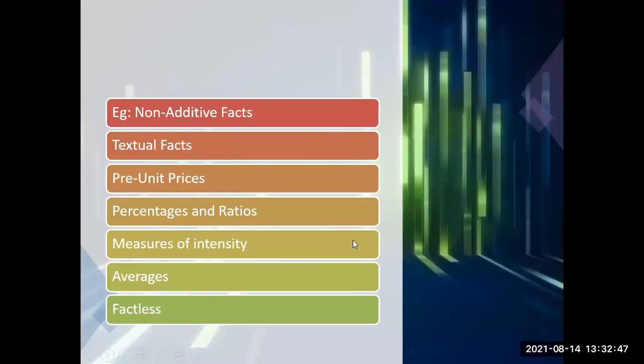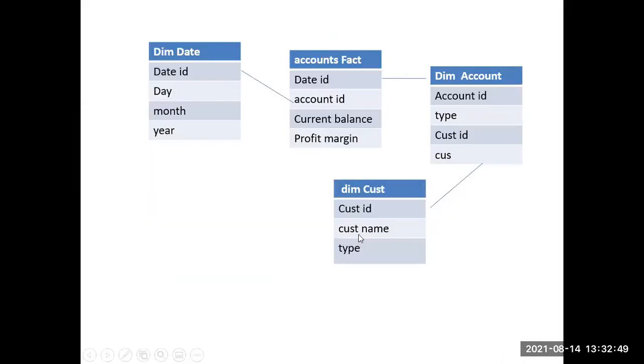Now just go back to the customer example. See here, these are the dimension tables, many to one. First is date, another dimension table is account. So 2 dimensions, which we can call the many, are getting connected to one fact table. And after that, can you see the dimension table is getting extended to another dimension table also? So this I can roll up. This is a child and this is the parent relationship.